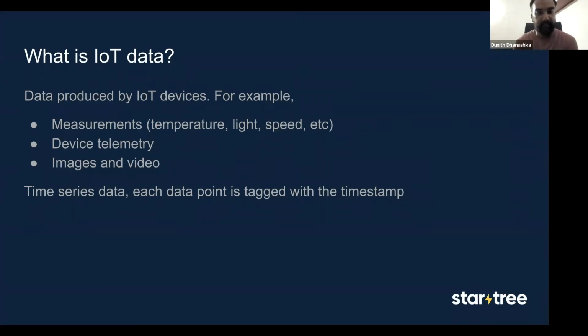And then there can be telemetry information, periodic telemetry emitted in real time. Say, for example, if we consider a drone up in the sky, when it is operational, it can send its internal state as an event or a record. So the ground controllers can intercept it and act upon it accordingly. Also, this data can be in unstructured formats like images and video. For that drone, it can send still images and surveillance footage as unstructured data.